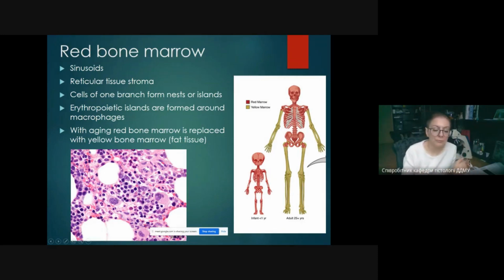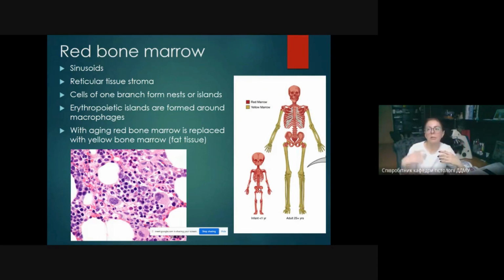And they are organized in three-dimensional space because of the reticular tissue stroma. So in the spongy bone tissue, we have a reticular network, a sponge-like tissue. If you imagine a sponge soaked with hematopoietic cells, this is exactly the red bone marrow. The sponge itself is represented by reticular tissue, and it is needed to organize all the hematopoietic cells in the